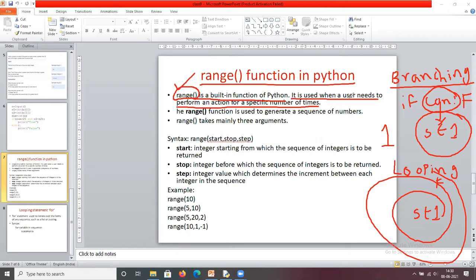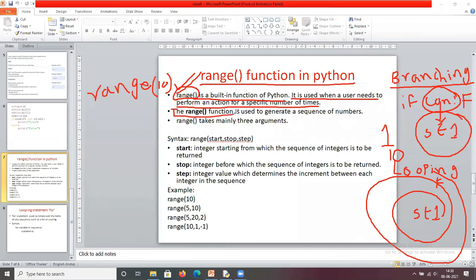It is used when a user needs to perform an action for a specific number of times. For example, here I want to execute these statements 10 times. Then I'm going to use this range statement. Range of 10. That's it. We will discuss in detail in a few minutes. So range of 10 means I'm going to execute these statements 10 times.